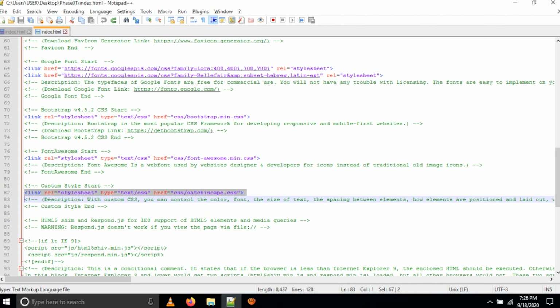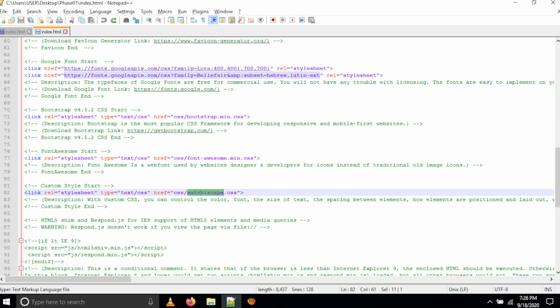and you write this sachescape.css before Bootstrap, it will not take effect, because whatever you write in your custom CSS will not affect anything. If this CSS is after Bootstrap min, then it will work. If you write it before min, it will not work. Sometimes it will affect your designs.